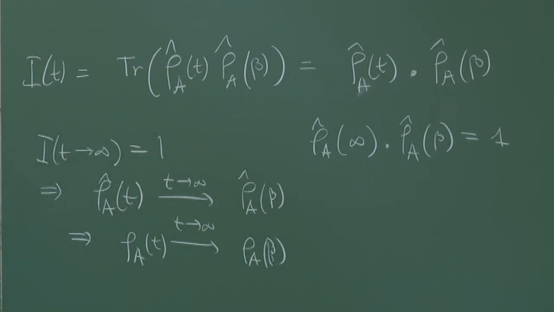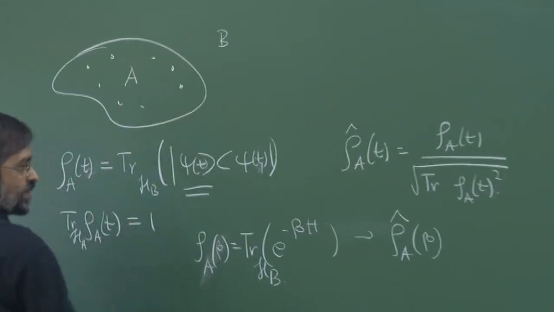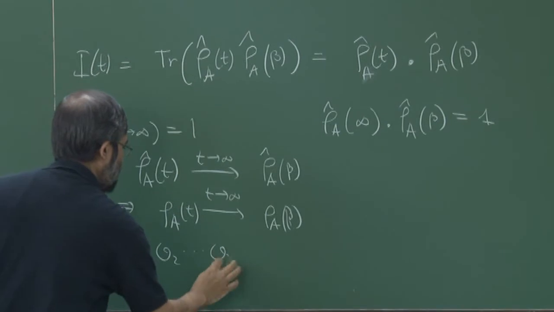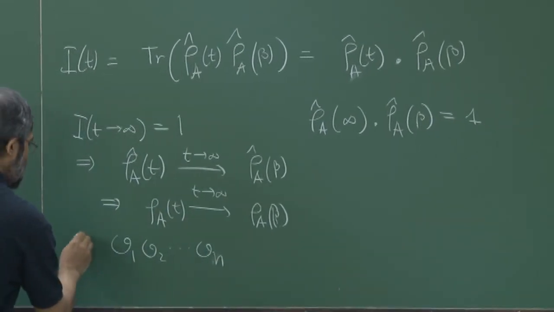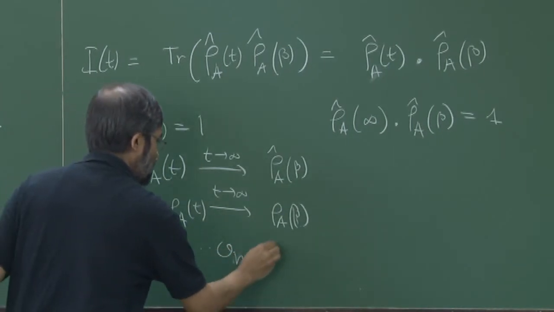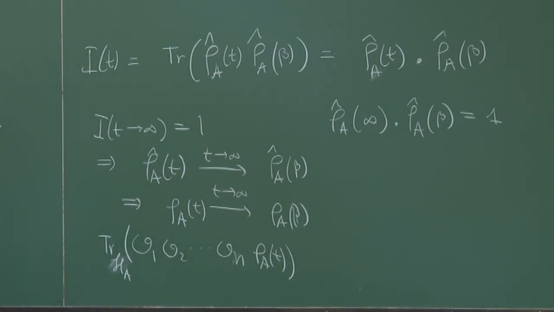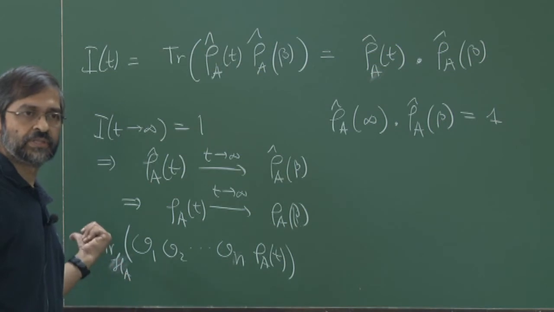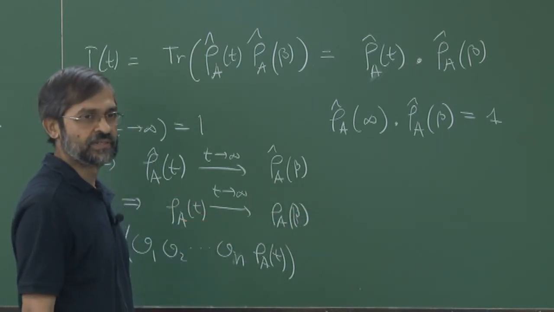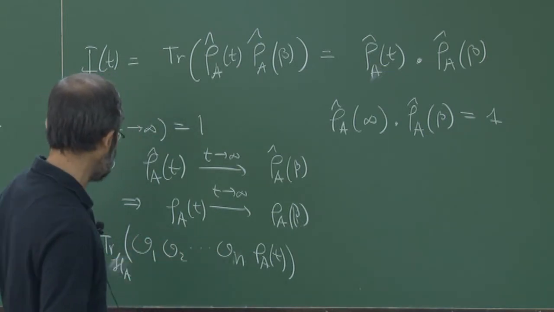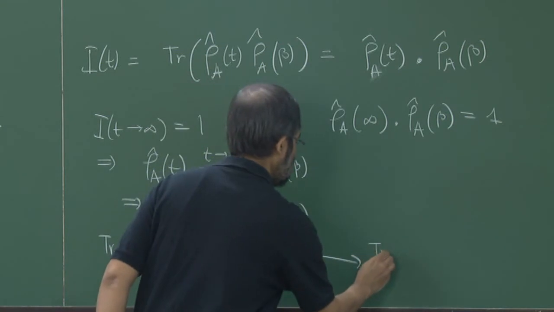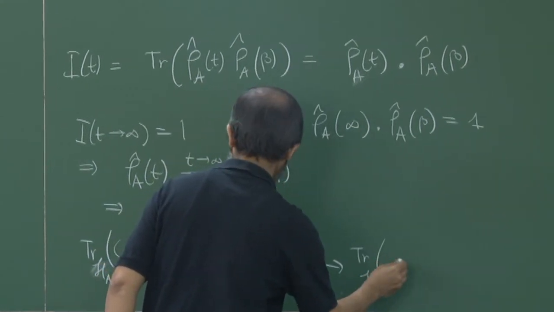That means that if you put any number of operators here inside, O1, O2, On, whatever, all of them inside region A, their trace with respect to the Hilbert space of A, now rho A of t, is clearly becoming thermal, provided all of these are in region A. If the reduced density matrix of a certain region itself goes to a thermal reduced density matrix of a thermal state, this means the following: suppose I take all the operators O1, O2 up to On in the region A and I do this exercise, that is O1, O2,